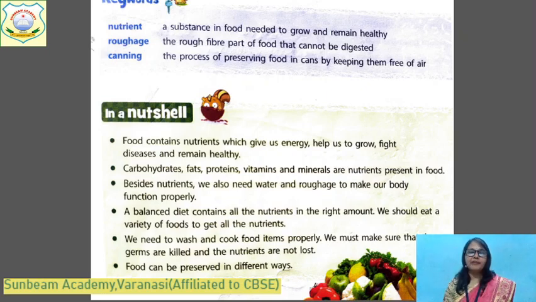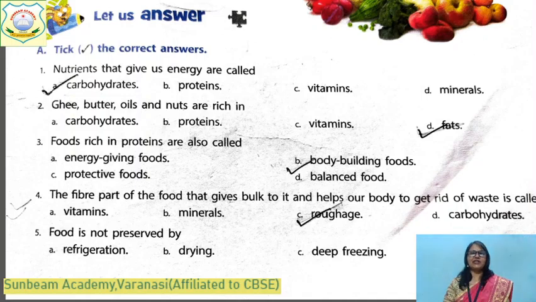And food can be preserved in different ways. Children, the grapes and chilies are preserved by the process of drying, and daily made food in your houses is preserved by the process of refrigerating. And your mother makes pickles. The fruits and vegetables are preserved by adding sugar, salt and oil. They work as preservatives. Yes, let's do the book exercises of this lesson.